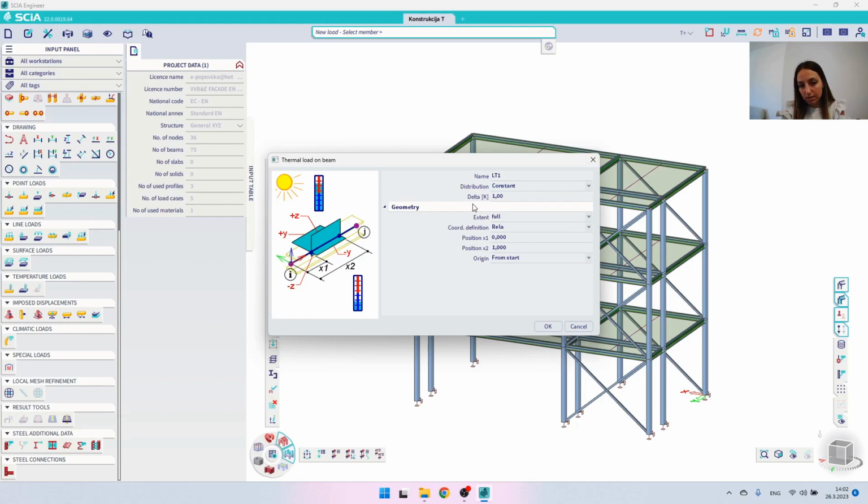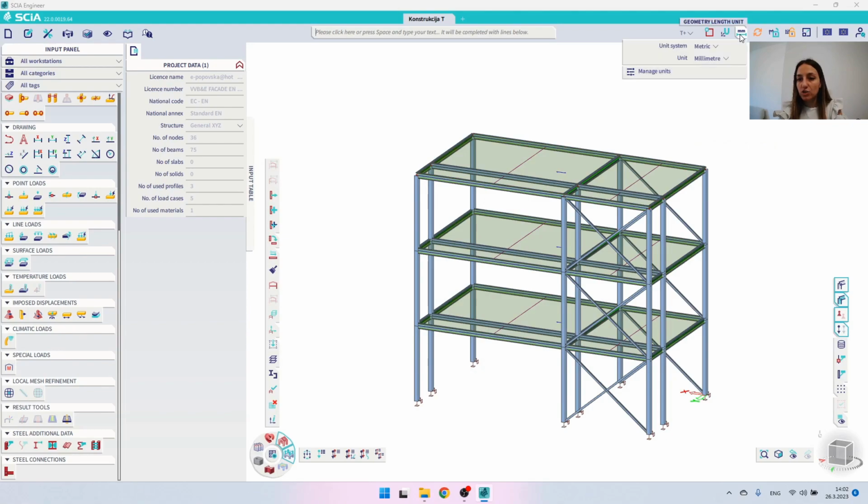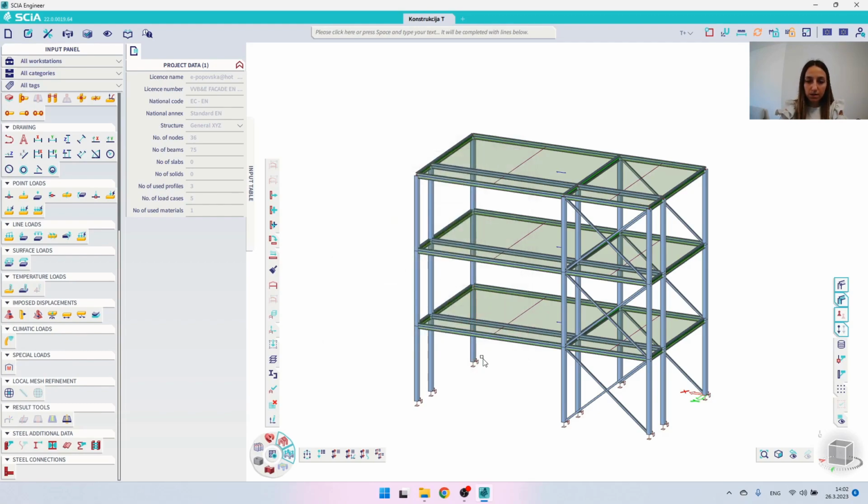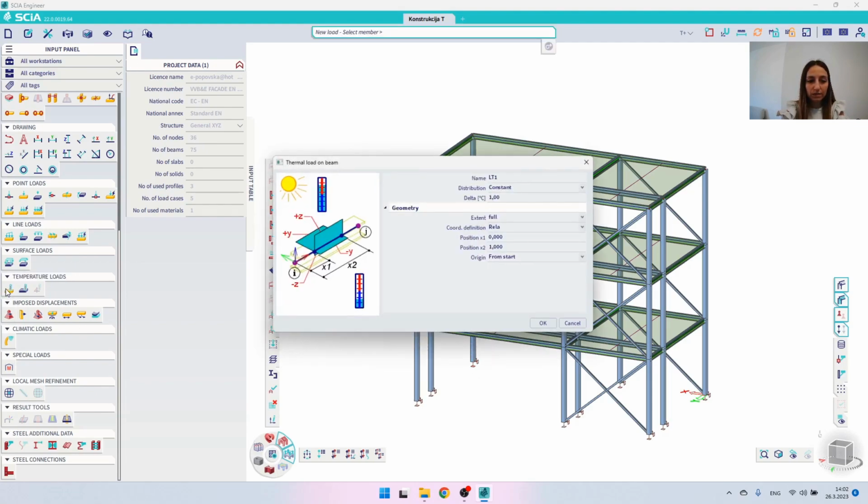But you can see that right now the delta is in kelvins, and I'm not going to use this unit, but I have to switch into Celsius. I will close this, and under geometry length unit I will click on manage units. Under other you can find the temperature, and under unit I'm going to switch to Celsius. I will use 2 decimal places and the output will be decimal. I will simply click OK, and now I will go back to the toolbar on temperature load on 1D,